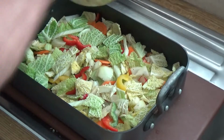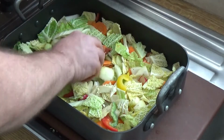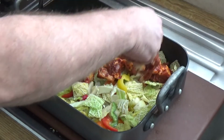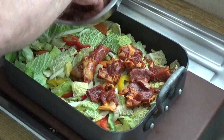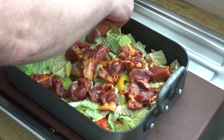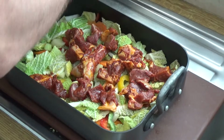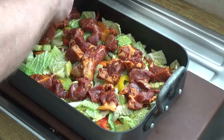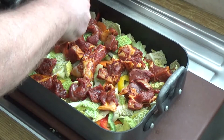However, for the lamb, which is now marinated, I like to put the bone in there as well. And then I just literally sprinkle the lamb so it creates a single tier over the veg. And this will cook. The harissa lamb will cook. So I'm not threading it on kebabs, I'm not doing all that. I'm cooking it very, very quickly,